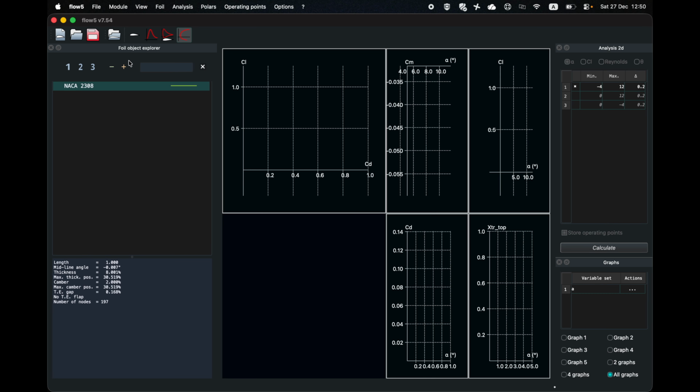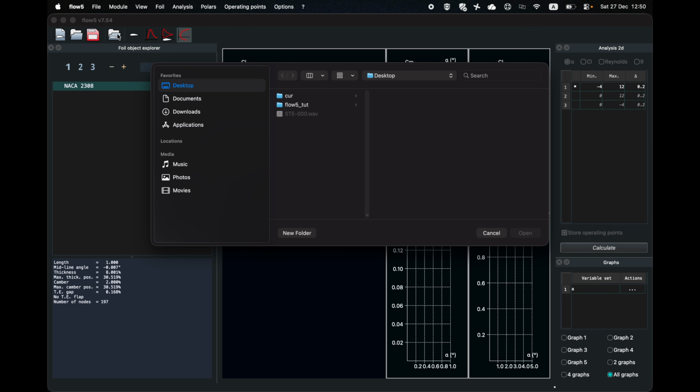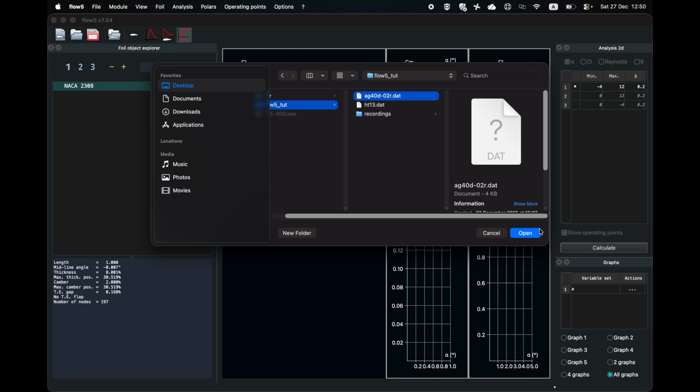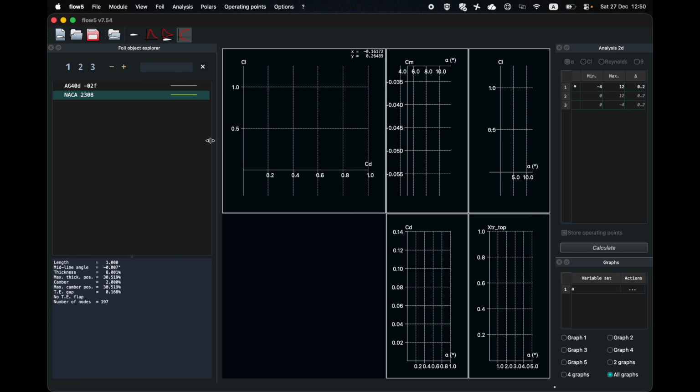To import an existing airfoil, click on the Load Foils button. Select the airfoil file and open. As you can see, the airfoil appears in the Object Explorer. The file needs to be in the Selig format, which contains the tab-separated coordinates starting at the trailing edge, running towards the leading edge on the top side of the airfoil, and then wrapping back around to the trailing edge along the underside. If the airfoil does not load correctly, make sure it has the correct format, as other formats also use the .dat extension.